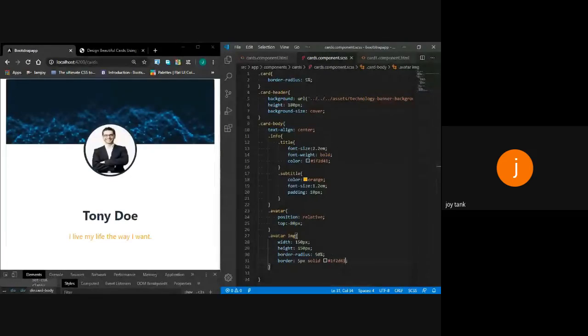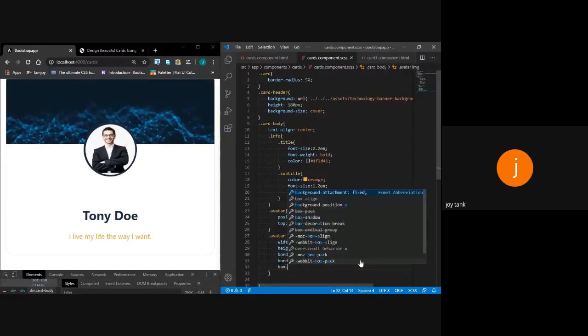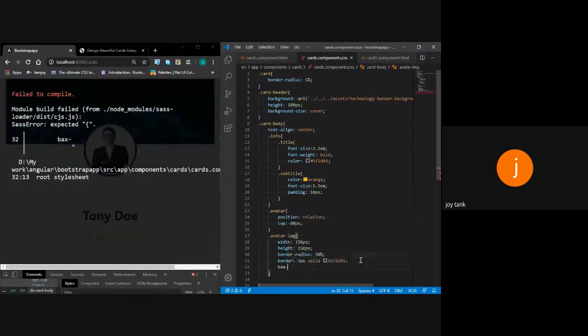Now I want this image to have a certain shadow. If you want to give a shadow to it, what you need to do is use the box-shadow property.